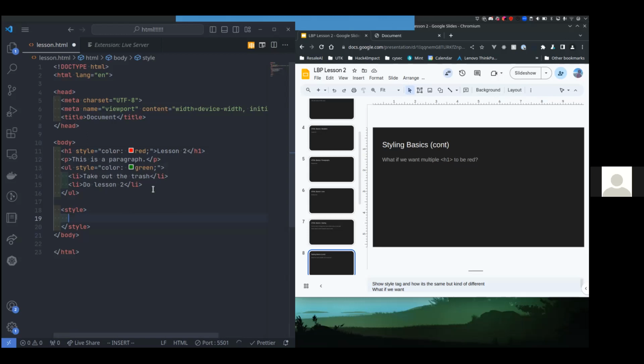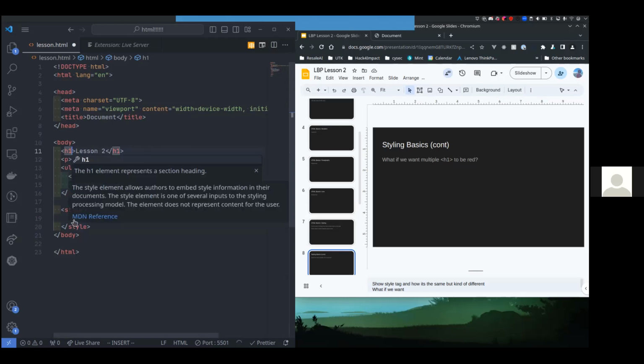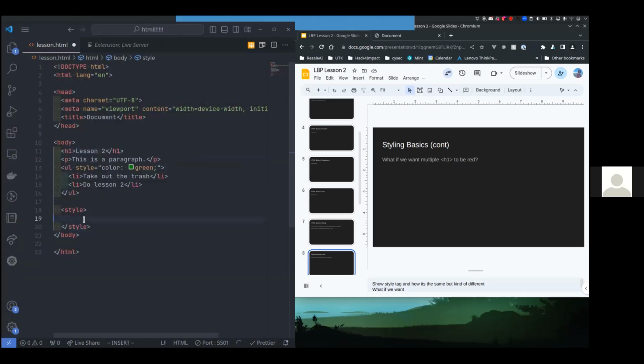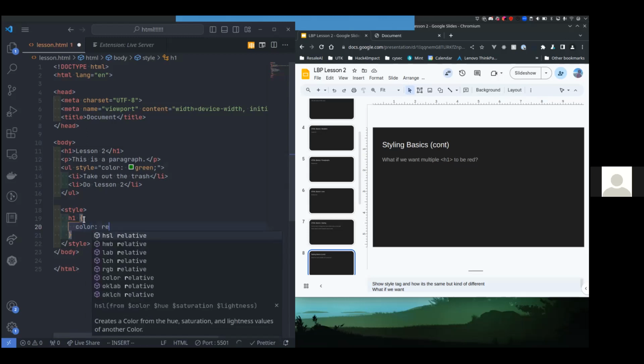You can look into that more. All we need to know is that it's going to tell our page how to look. So let's get rid of this style color equals red from this H1 and instead do it in here. So what I can do to style something inside of a style tag is first I specify what I want to style. So in this case, I want to style the H1. Then I create some curly braces, hit enter, and now anything between these curly braces is going to be applied to an H1, right? So if I do color red,